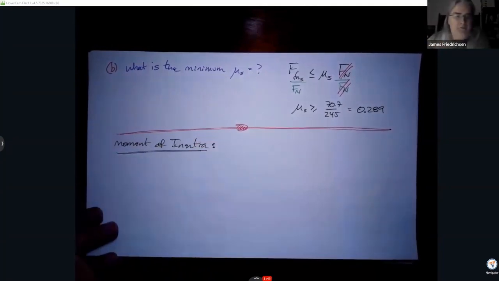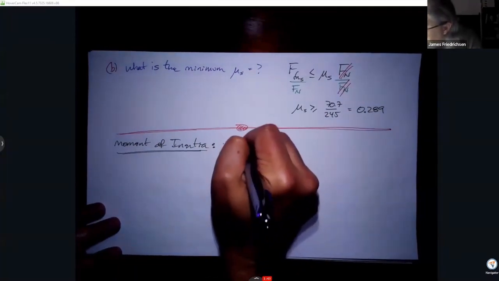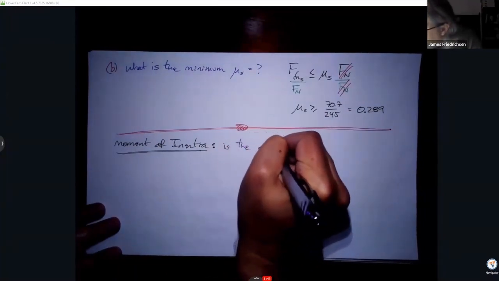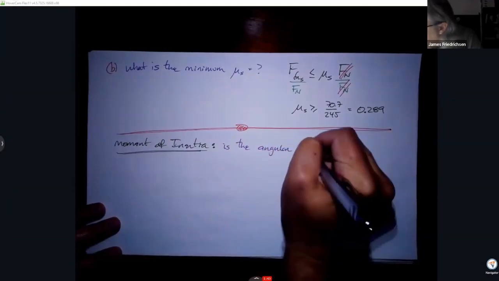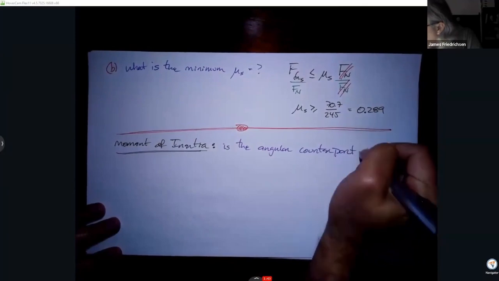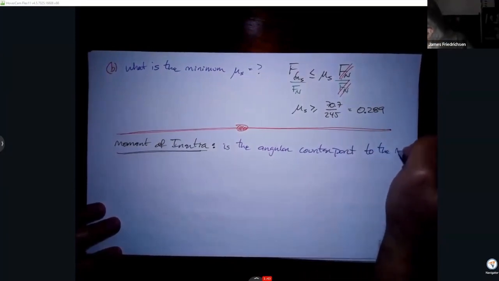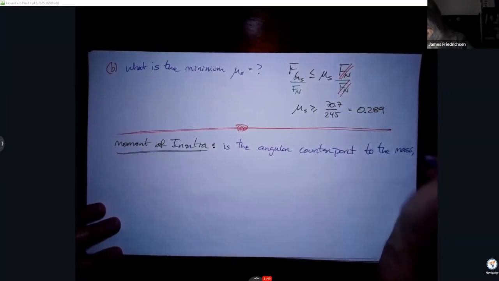So for the moment of inertia, this is the angular counterpart to the mass,